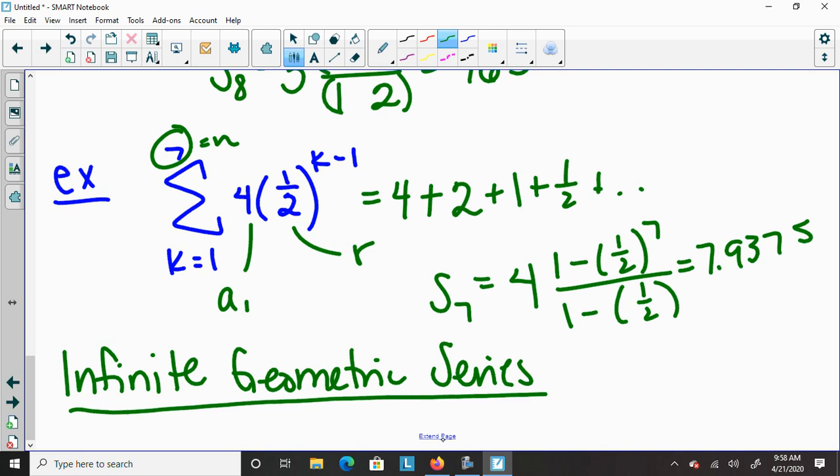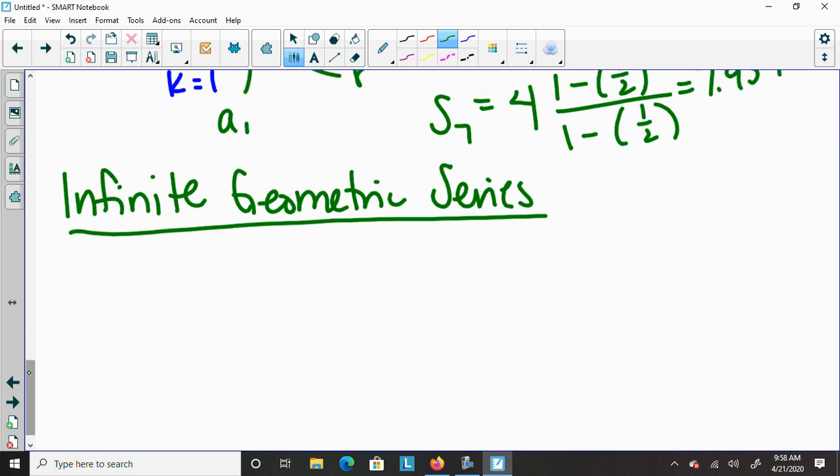So they fall into 2 categories. If your numbers are getting super, super huge and you're adding big numbers and big numbers over and over and over, you're never going to get to a specific answer. And if that happens, we say that the series diverges. So we can have divergent geometric series. So they can diverge,